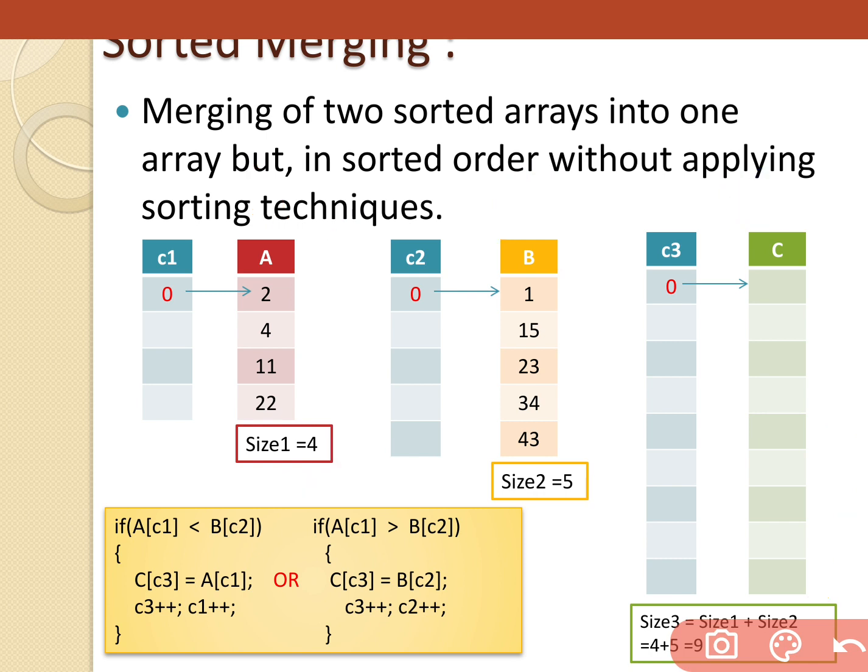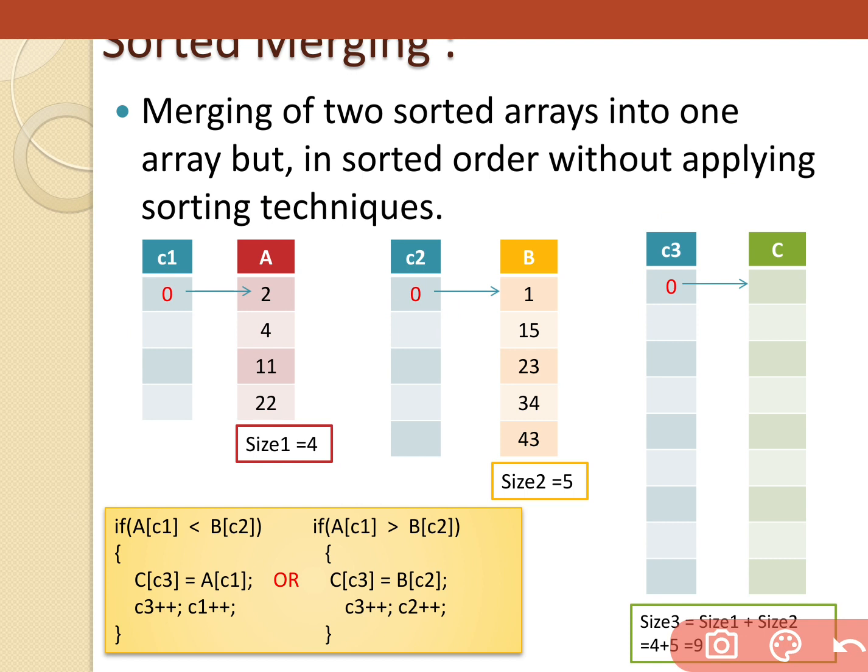You have to fill each and every element in the third array. How are you going to fill? See, for that we require some counters for counting position. First position, second position, third position. In that way, we require some counters: counter number 1, counter number 2, and counter number 3. Counters are always initialized with 0, 0, and 0, because firstly we have to point towards the first location, then we are going to move further. That's why 0, 0, and 0 are initialized in C3, C2, and C1.